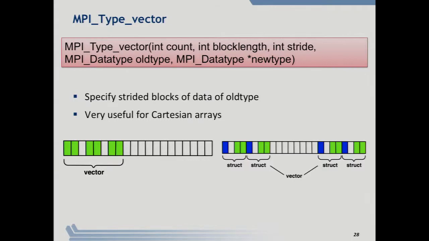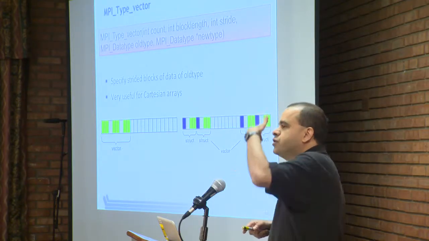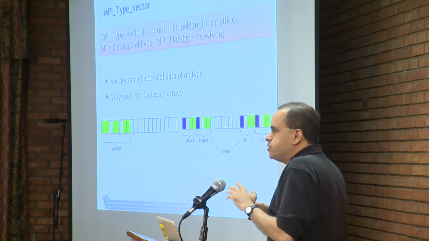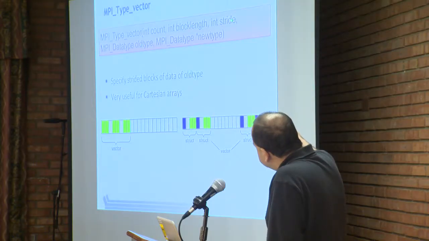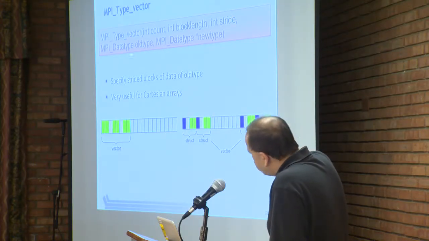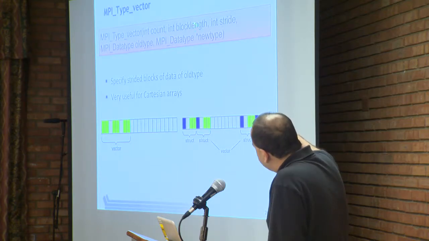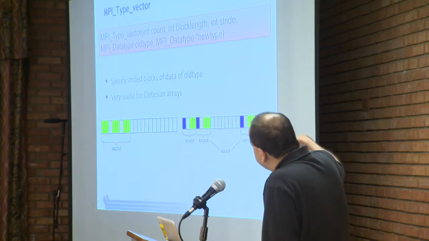There's a gap of 3 between the first element in the second block and the first element in the first block. And the stride is in terms of the size of the old type. So you just say 3, not 3 times size of int. It is 3 units of this old type. So if these were integers and you pass MPI int as this type, then this stride would be 3 MPI integers. Block length is 2, and count is again 3 because we have 3 out here. And what comes out of it is